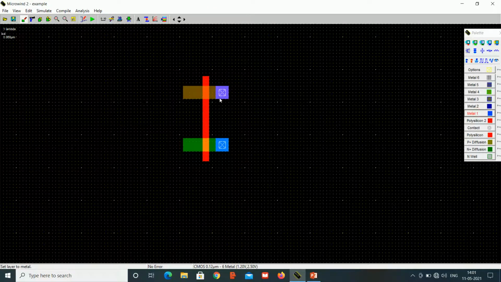So select a metal, and with a length of 3 lambda I am connecting P plus diffusion with the N plus.